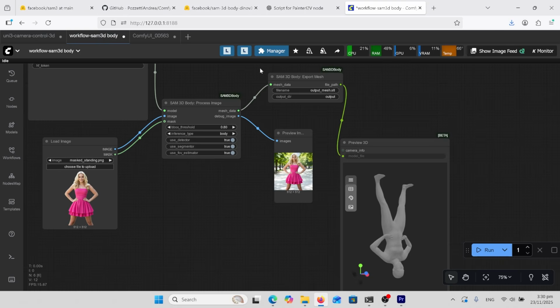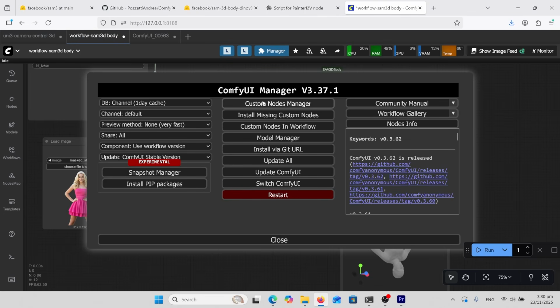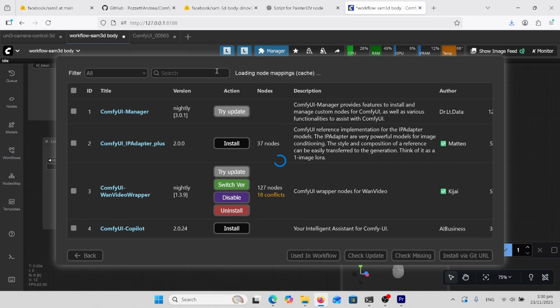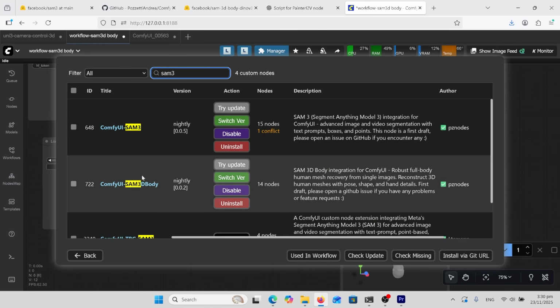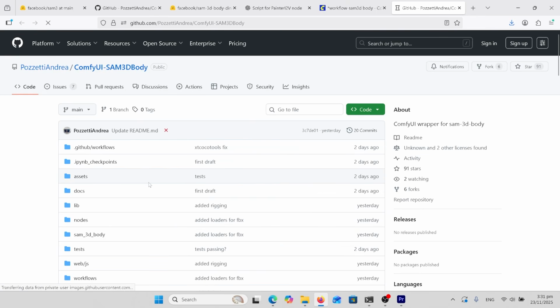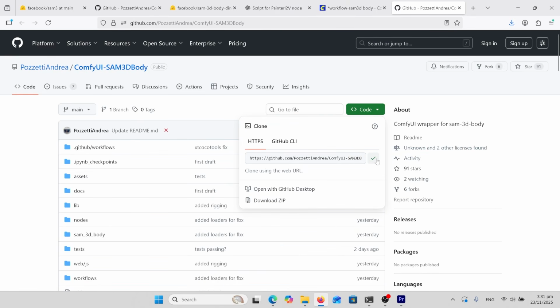So how to install this? Come up to Manager, go to Custom Nodes Manager, and in the top here, you type in SAM3 like before. Now it's this one here, 3 body. Now I tried installing this through the manager and it installed, but it didn't really work. So I had to go and do this manually. So click on this and it'll take you to the website. Come over here,